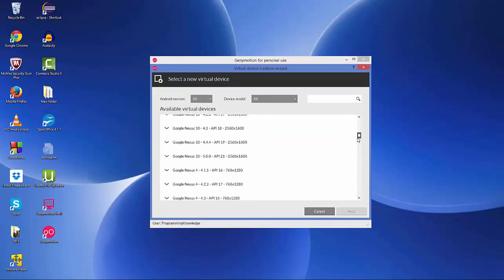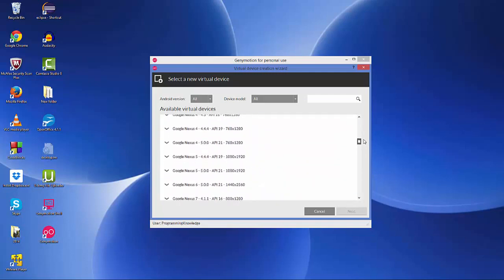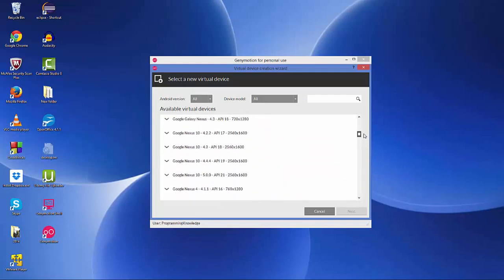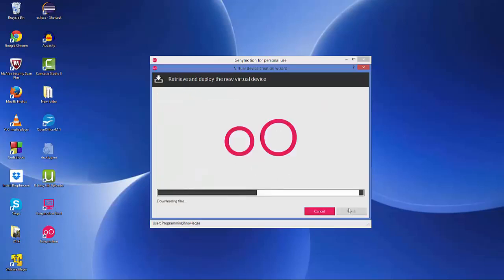Now you can choose any one device from these options. Let's select one device. For example, I'm going to select this 4.4.4 API 19 for now, but you can choose devices depending on your preferences, right? So I'm going to choose this and click next. And these are the properties of the device. Right now I will leave them as default and click next, and now it will retrieve and deploy the new